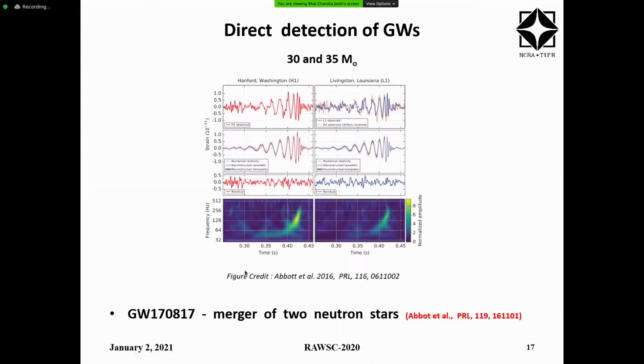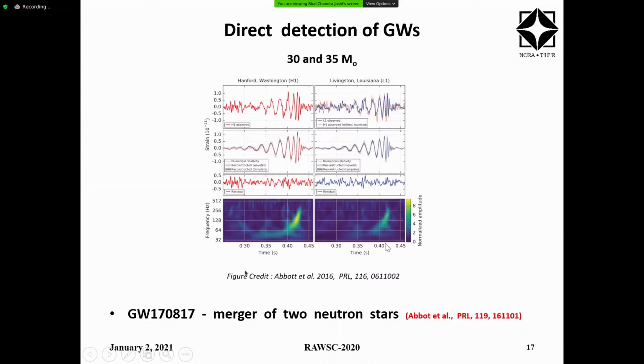This was the first direct detection of gravitational waves, but these gravitational waves were high frequency. If you look at the lowermost plot here, the y-axis is frequency. The typical frequency of this gravitational wave varied from 64 hertz to 256 hertz,